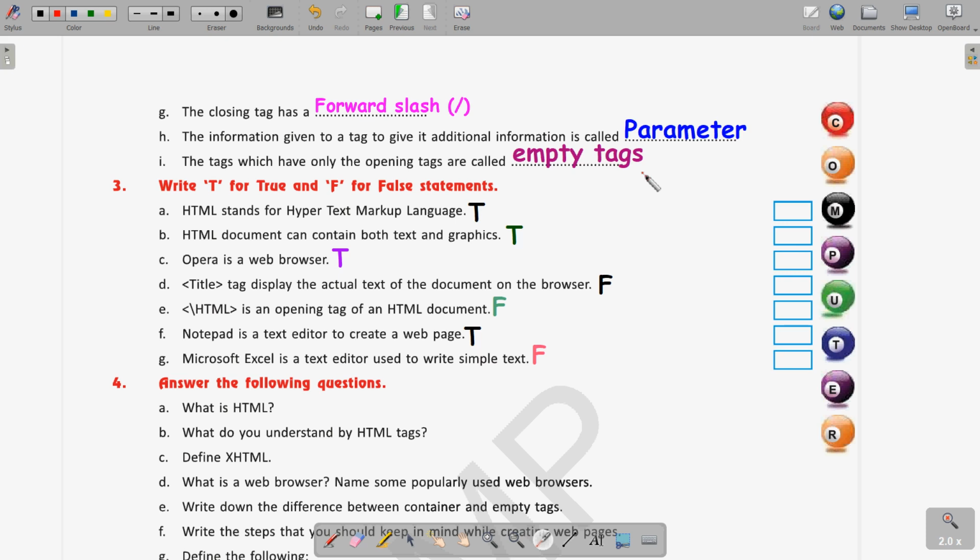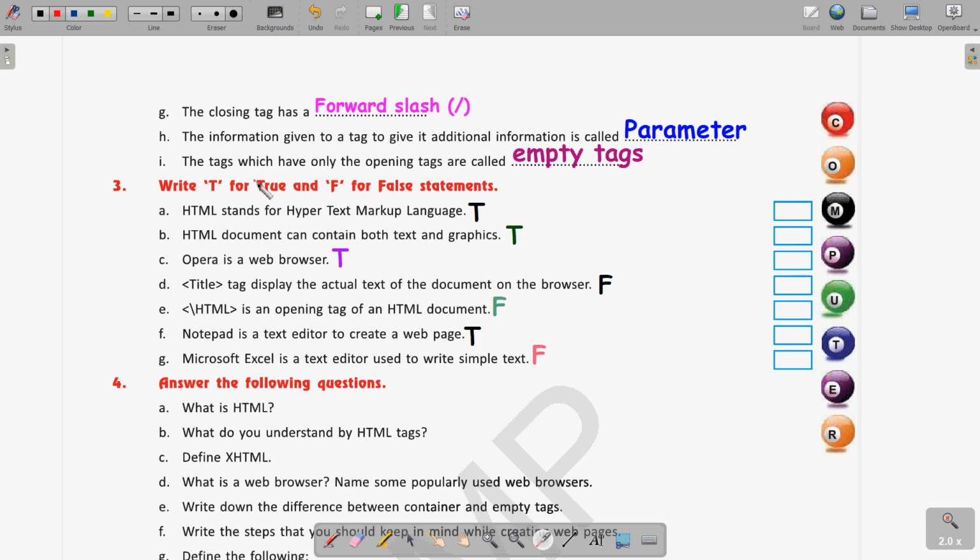For example, if you are using a tag like frame, then frameset. Clear? Right now we have not discussed these tags. In the coming chapters we will discuss. So these have some additional information which can be given with the tag names. So these are called the parameter.